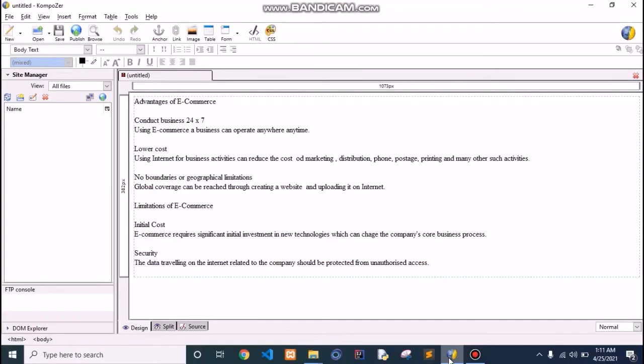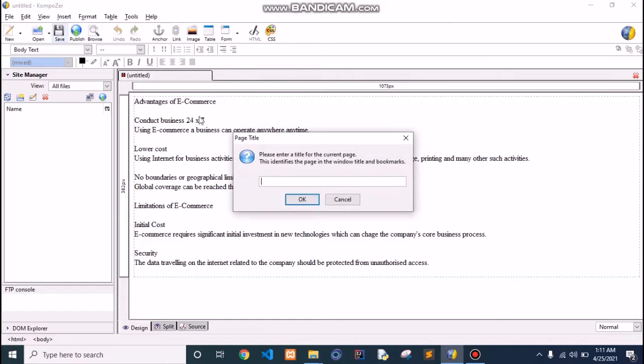Let us open a blank file in Composer and type this point. Since this file is not saved still, it shows the default name of web page as untitled. Now let us save this file. Click on Save icon present on Composition toolbar. A page title dialog box is displayed. Type the name of the page as P1.